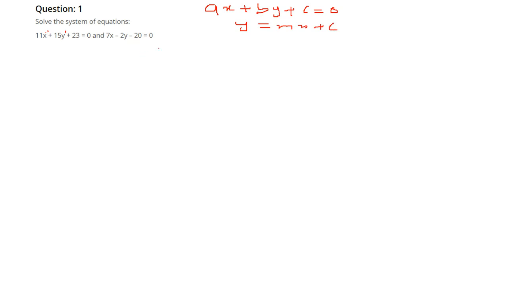They represent two lines. So whenever we have two lines, they may intersect, they may be parallel, or they may be coincident, one over another. When they are intersecting, we'll have a common point which lies on both this line and this line. This point lying on both lines is the solution of this system of equations. So when we say solve, we are trying to find that particular point where they intersect, which satisfies both equations simultaneously.